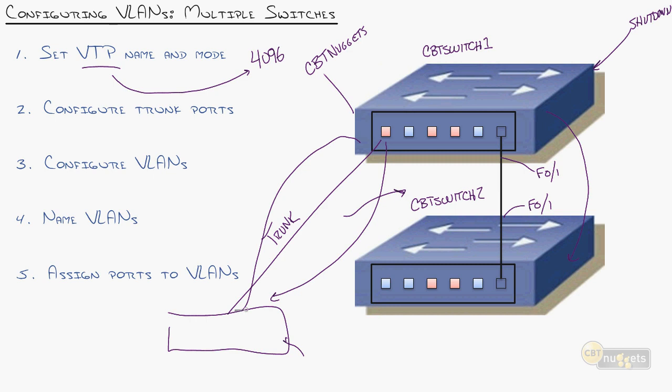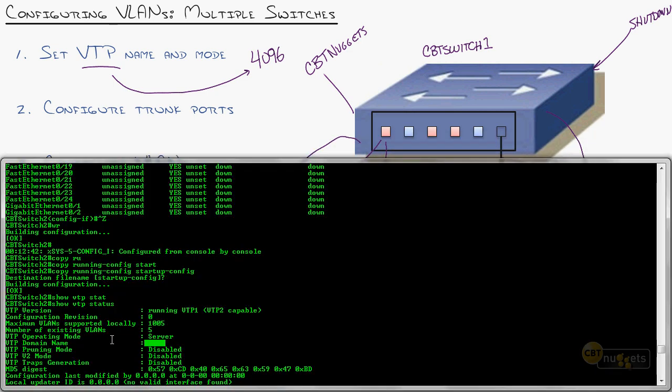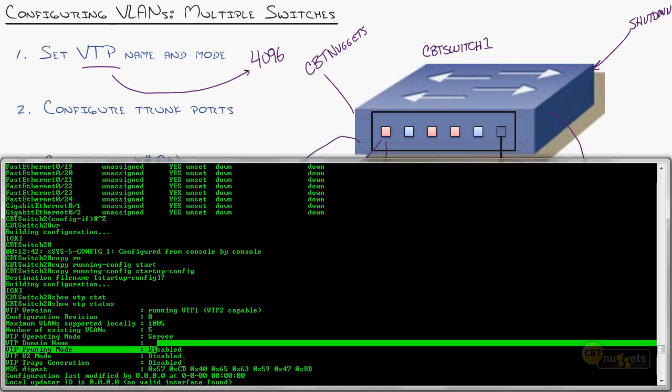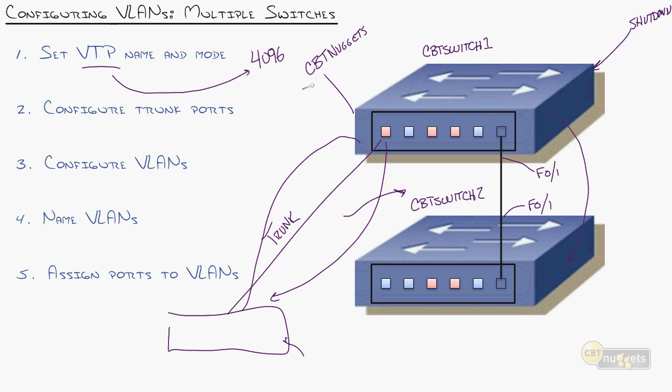Now, if the switch has no domain name, it will automatically join whatever the first domain name is that it hears. So it'll say, okay, great, I'll be part of the CBT Nuggets domain. And I will automatically download all of the VLANs that you have and put them on my switch. Hello,